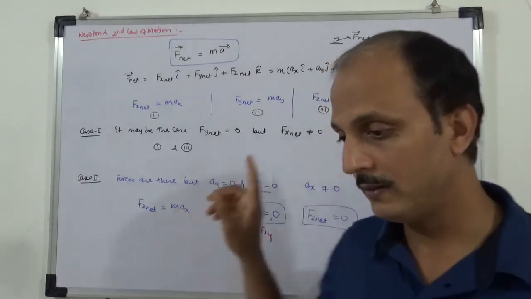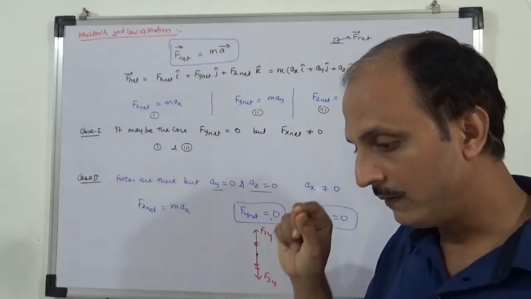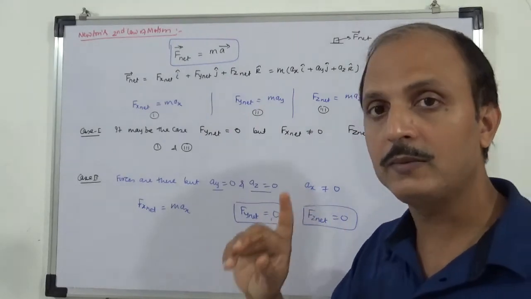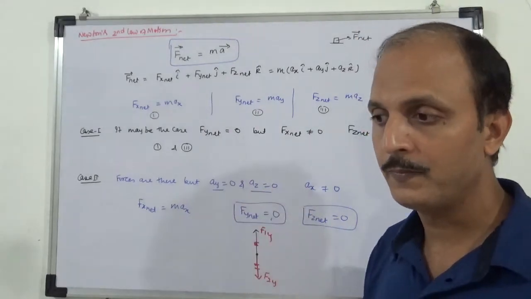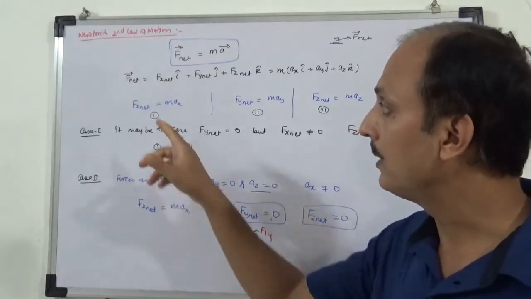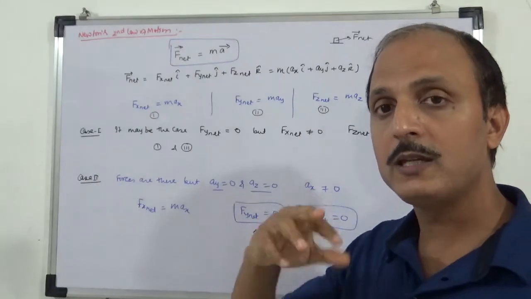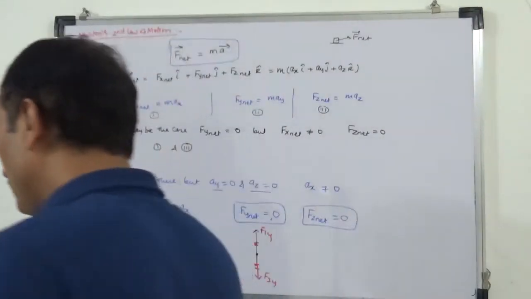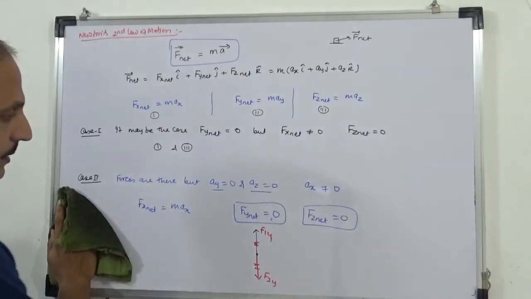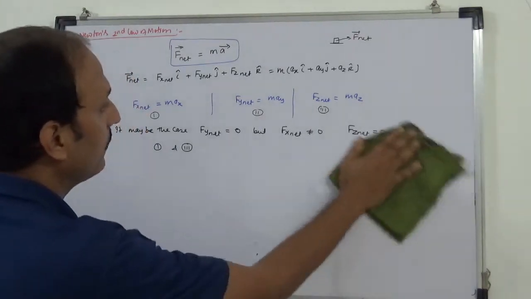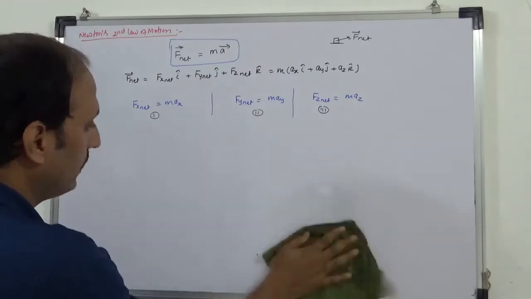So the second law says this. If there is a net unbalanced force, then net unbalanced force equals mass times acceleration. You will get acceleration, and acceleration is equal to net unbalanced force by the mass. And if there is acceleration, there will be change in the velocity of the particle, so change in the motion. Okay, so I hope these are very important parts.